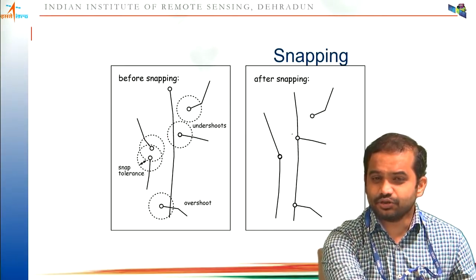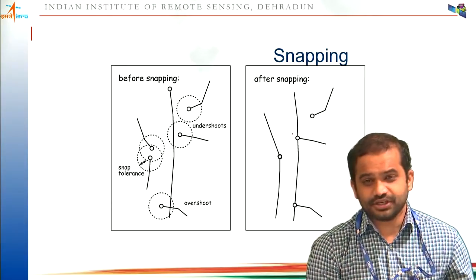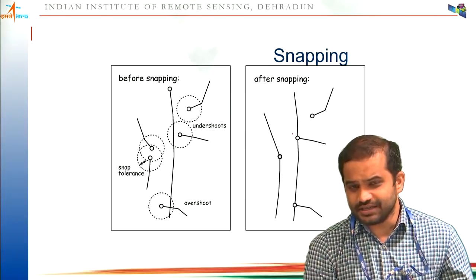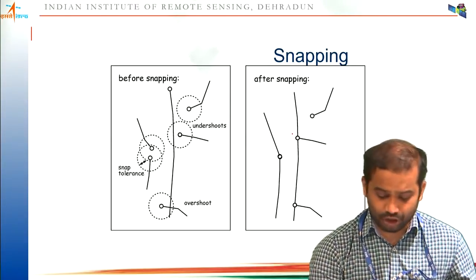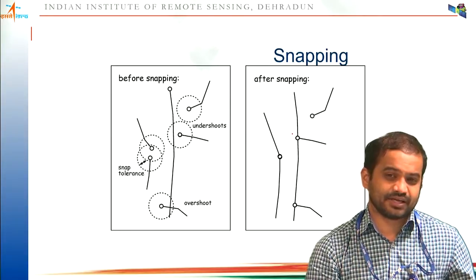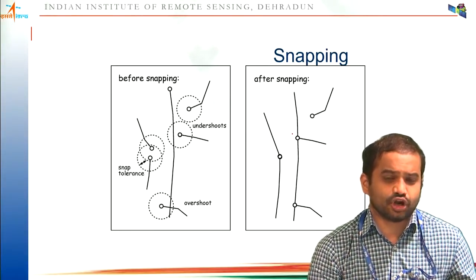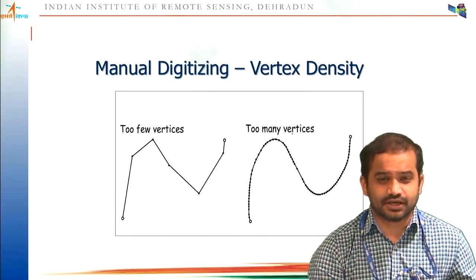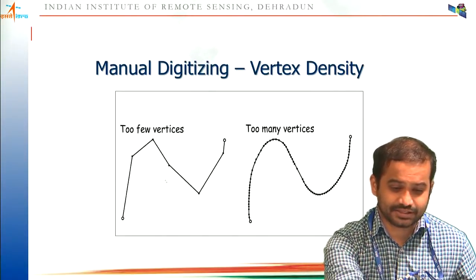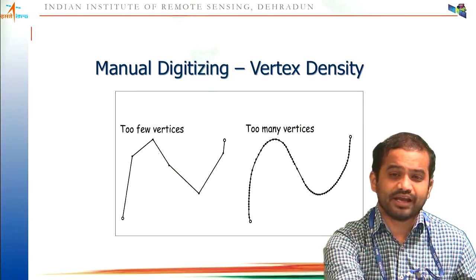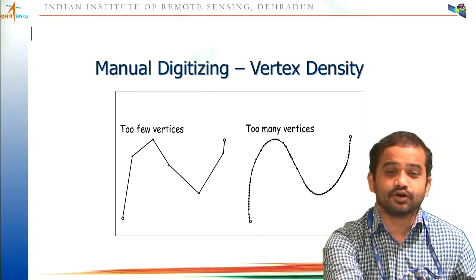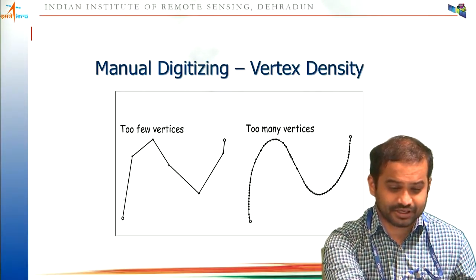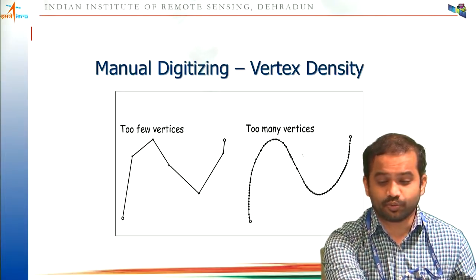A lot of errors can be reduced if you use the proper snapping option. First, enable snapping. Second, choose what kind of snapping you want, line snapping or point snapping. Then choose what tolerance you expect in your project. It will reduce a lot of digitization error. Another issue: suppose you digitize with too few vertices. Your shape, which should be curvilinear, looks like a group of straight lines. What you can do is increase the density of the vertices so that it becomes a smooth curve.